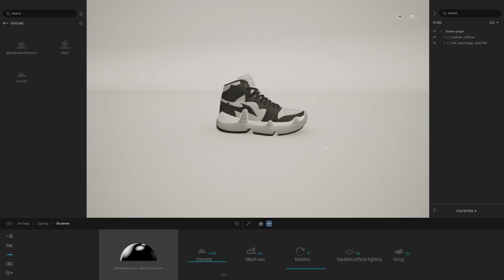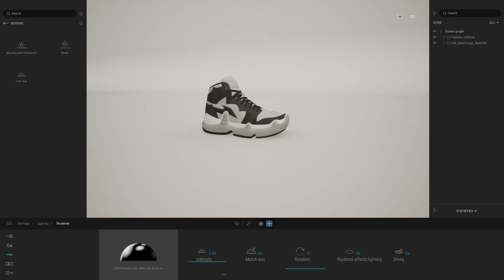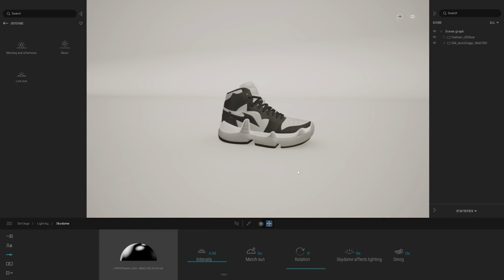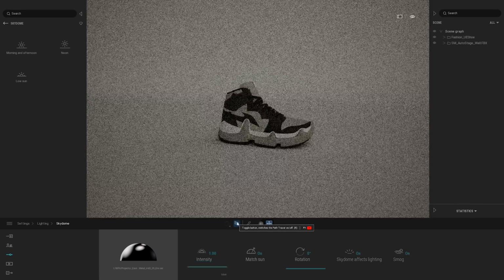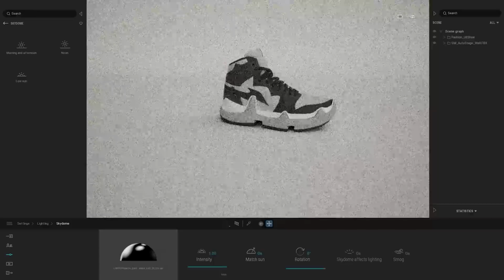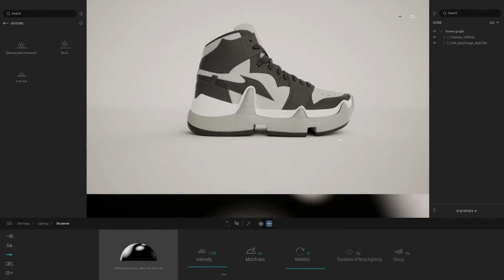Right now, I'm visualizing my shoe in real time using the raster mode inside Twinmotion. But what I want to do now is actually switch on the path tracer. The path tracer requires dedicated hardware. If you want to learn more about the requirements of the path tracer, we have a dedicated page on our support website. To turn the path tracer on, I will simply click on the path tracer button that I have here. So the lighting is already pretty good. As you can see here now we have that nice contact shadow just beneath the shoe.